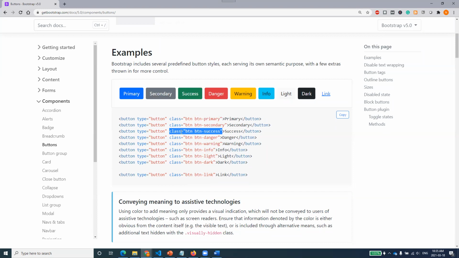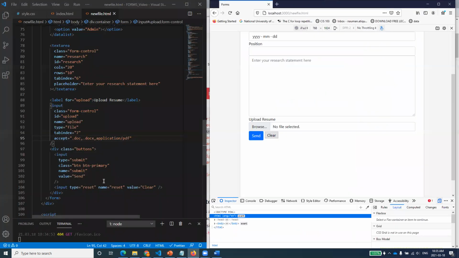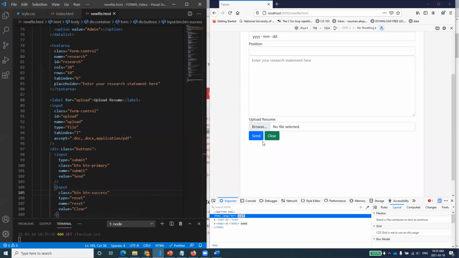I'm taking this success button over here, and let me change the second button. It's here. I want to implement a class over here of btn-success. If I save that one, you see there are two buttons that appear.